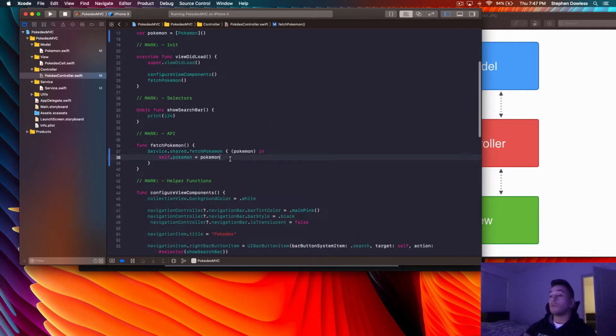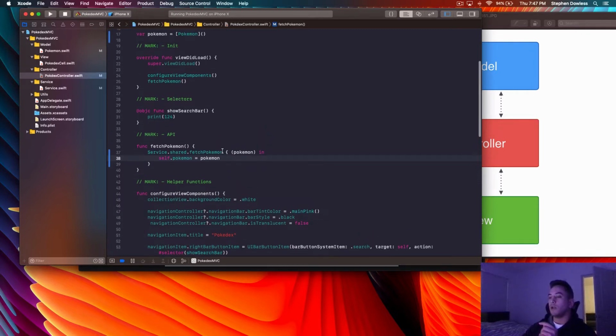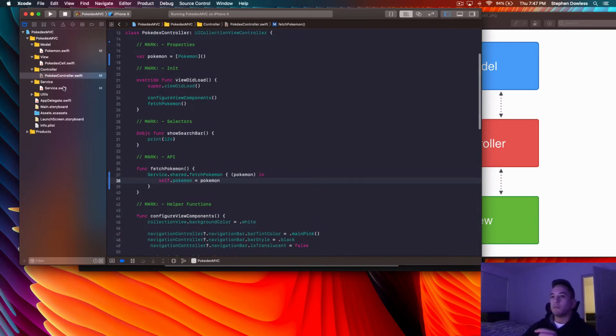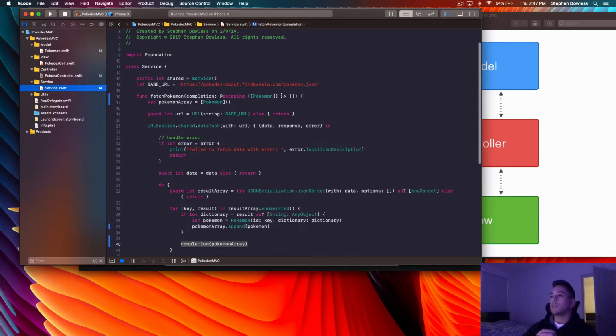So let's go over what exactly we just did, right? So we went back into our service and we created this completion block, right? So essentially what a completion block does is we added in this array of Pokemon sort of parameter here, right? So when you implement a completion block, it allows you to say when your function is done.